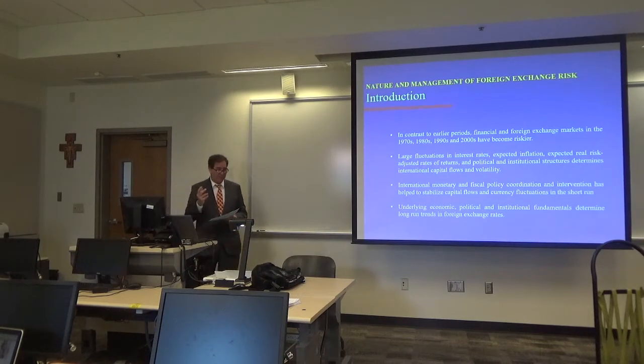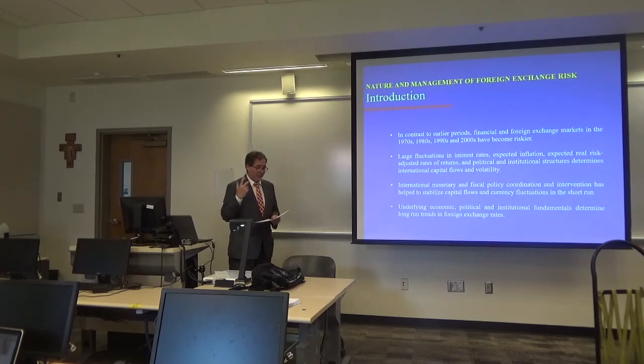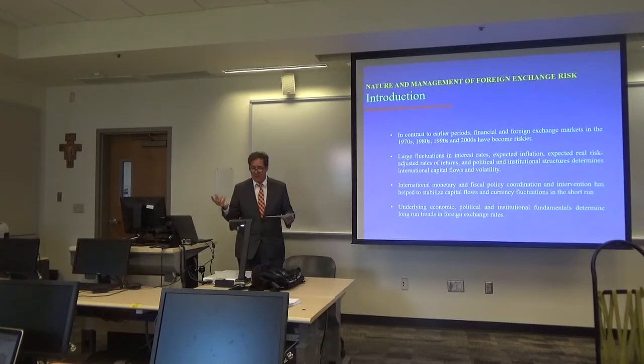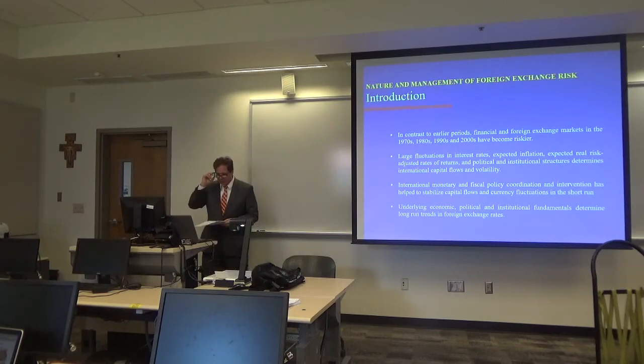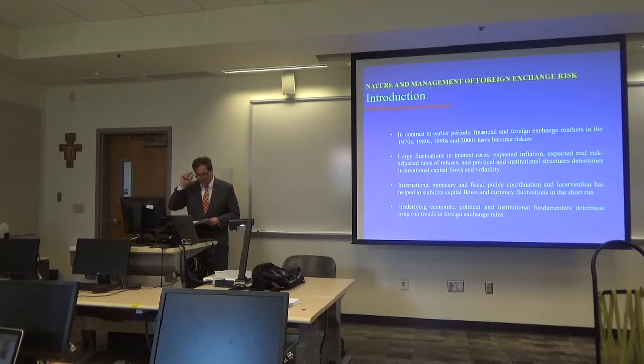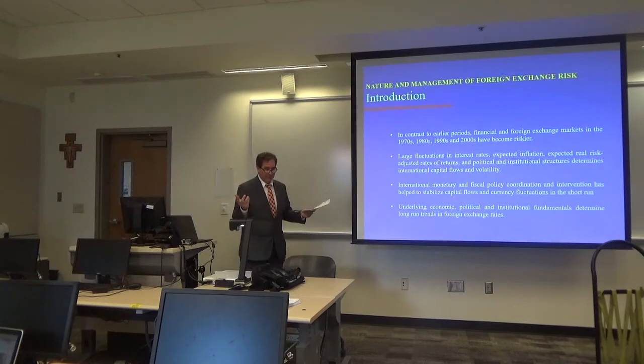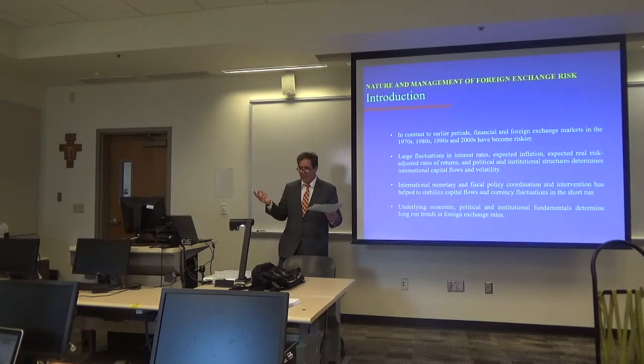So we're seeing a realignment and an attack on basically democratic institutions, capitalistic institutions that have been in place since basically World War II. Again, that just adds more volatility and makes it harder for you to manage in the environment. International monetary and fiscal policy coordination and intervention has helped to stabilize capital flows and currency fluctuations. Although if you look at central bank coordination, they all basically printed trillions of dollars to bail out the banking system that had collapsed. And we're still basically dealing with the legacy overhangs of those bond portfolios that are currently on the